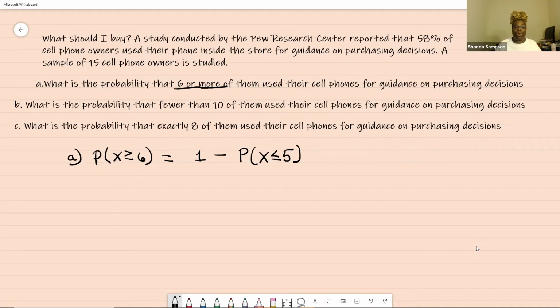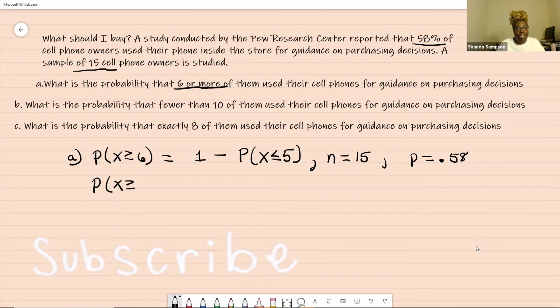I already know that, and I haven't even read the problem. Well, n is equal to what? And p is equal to what? That's what I would do if I didn't want to read. I would go back in here and say n is the number that we're looking for. I didn't read it, but it says a sample of 15, sounds good to me. And then the probability needs to be a percentage in this case because it's a research thing. There are only two numbers in the problem, but we can't use 58%. We have to change that to a decimal, so that's 0.58. Do we even know what the question is about? No, but we're about to get the answer. The problem is done. We haven't even read what it was about.